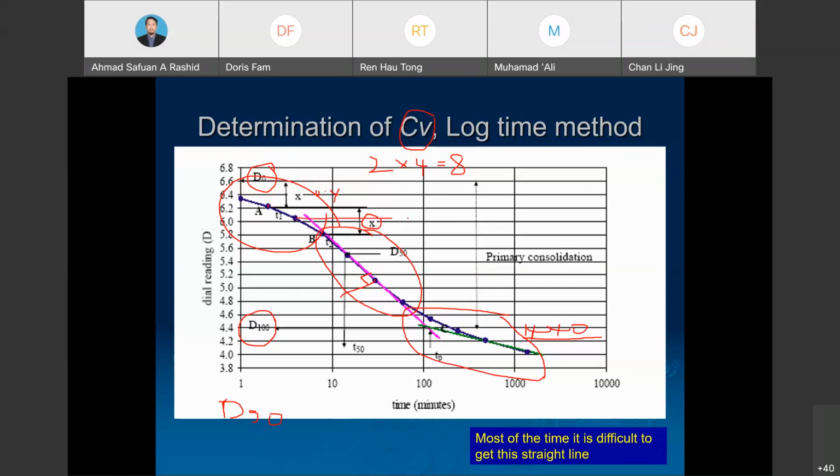Draw a horizontal line, and then try to find where is the 16. For example, ni dah 16. So then get the difference, X. Extend the same X. Then from there you can get the D0 as well. So that is the procedure, and then they have proof